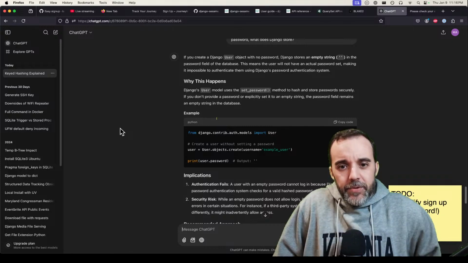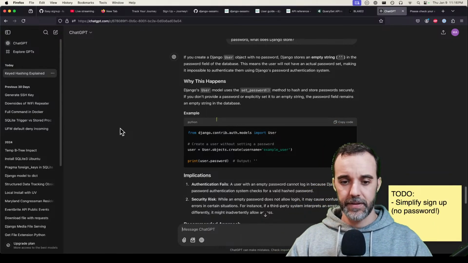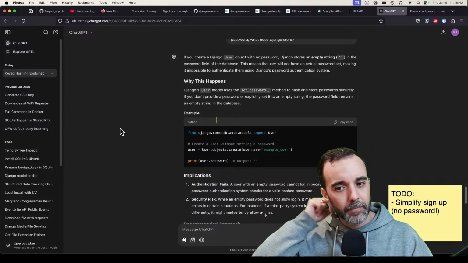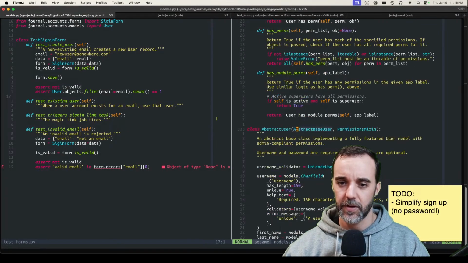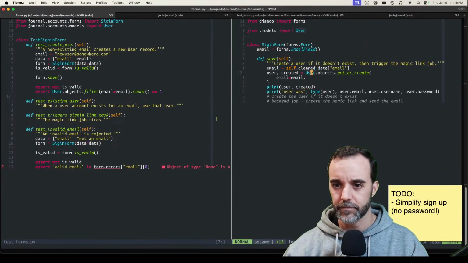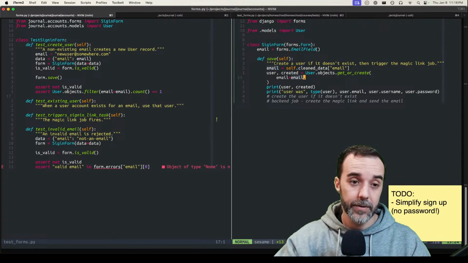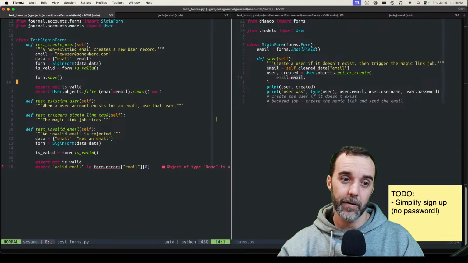Okay, it's impossible to authenticate. All right, that's fine. That's surprising. I figured it would put like some unusable hash, but whatever. It seems like that's good enough for our purposes. So I do want a username. So in fact, there's probably a scenario here where